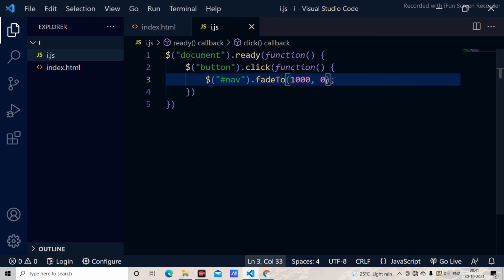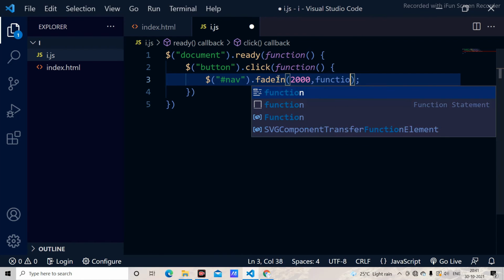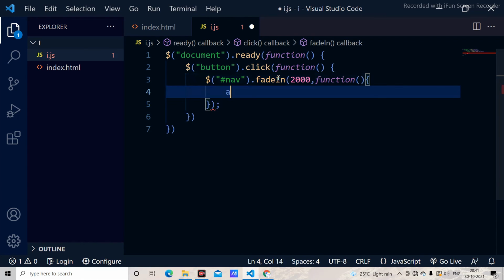And in all of those things, we can give speed and callback. For example, here I go with the fade in, under which I am going to give 2 seconds, means 2000 milliseconds equal to 2 seconds, and the function is alert hello. Why are we using a callback function? Because we need to know whether it is working successfully or not, for which we are using that alert method. For example, it is giving a direct alert, means it has completed.